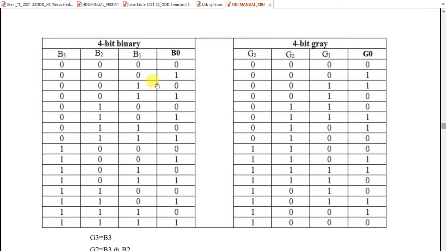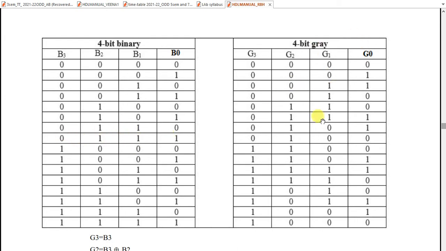Coming to 1 and 2, 0001 is actually changing to 0010. 1 is changing to 0. So two bits are changed. Okay. Similarly, you check all. You check here 0111 to 1000, from 7 to 8. 1 is changed to 0, 1 is changed to 0, 1 is changed to 0, 0 is changed to 1. So all the four should change the states, from 1 to 0, 1 to 0, 1 to 0, 0 to 1. So four changes are required.